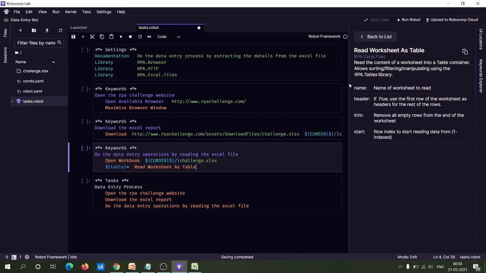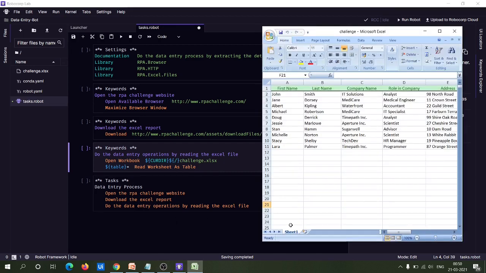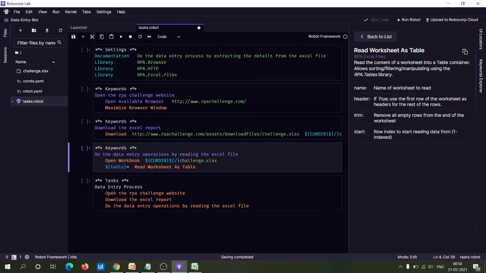So what are the arguments? First is the name of the worksheet. Since you know that the Excel sheet from where this data is being read is Sheet1, you have to provide the sheet name here, 1, 2. Now you have to specify whether there is a header or not.